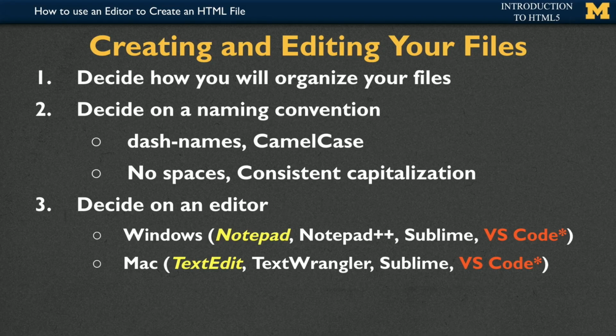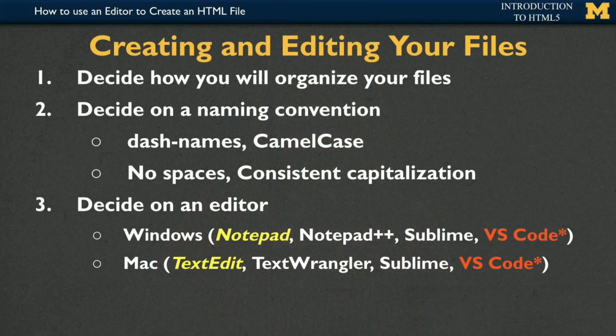Second, you need to come up with a naming convention. This is a fancy way of saying, name your file something that you're going to remember. Usually in class, I end up with like 18 different files that all say page 1, page 2, page 3, and that's not really helpful for me figuring out what's inside the page. So when you come up with your names, it's usually a good idea to have kind of 2-word names, such as intro page,